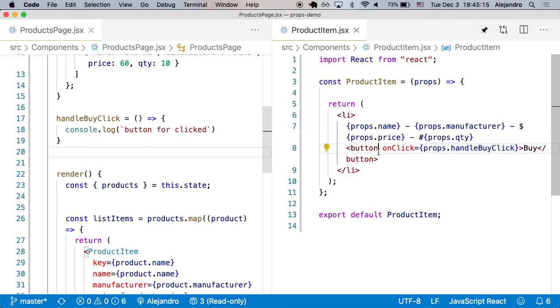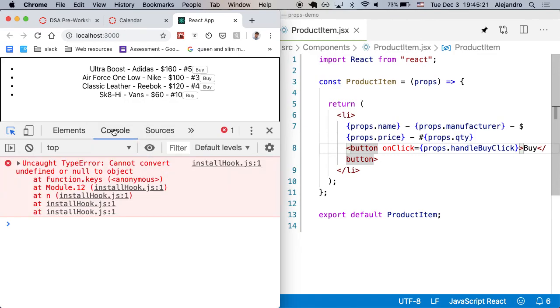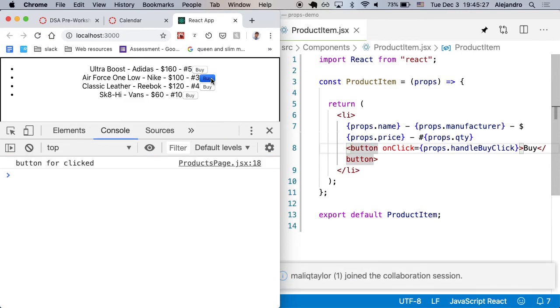This one. So let's go back here. If we open the developer tools, go to the console, then we can click on buy, and we see that. So this is why I keep saying that I like to think of props as that mechanism of communication between a child and its parent,